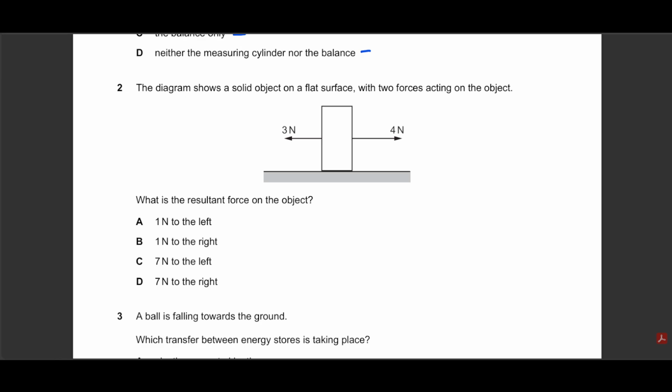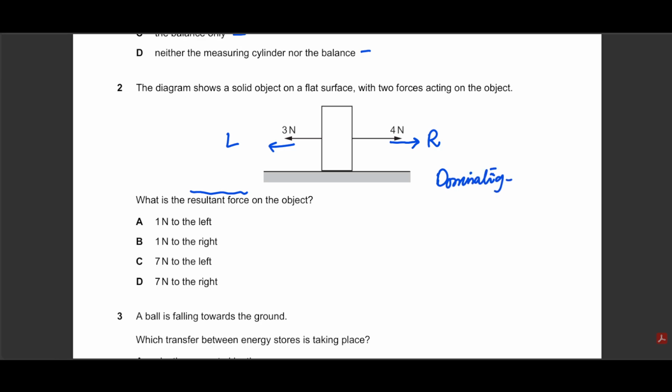Question number 2 suggests we need to find the resultant of these two forces. Now, the resultant is the effect of all the combined forces. A very easy question, straightforward. We have 4 Newtons to the right side and 3 Newtons to the left. This is your right side and this is your left. So what are we left with? The resultant force generally means what are you left with? What's the end goal? What's the end product? So again, the dominating force, which one is greater,